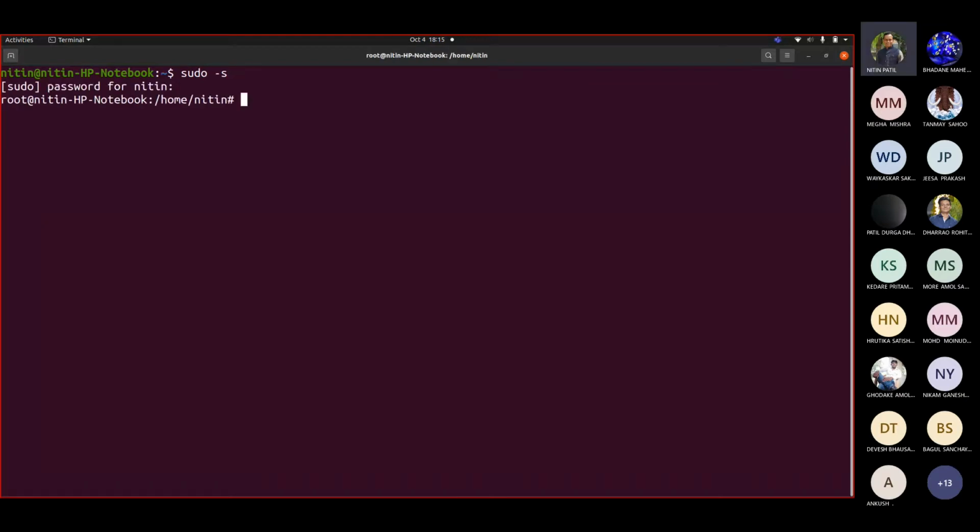Then you input your password, and then you would be acting as root. Now simply say apt-get install postgresql-11. We are working with 11 now because it is a kind of stable version.